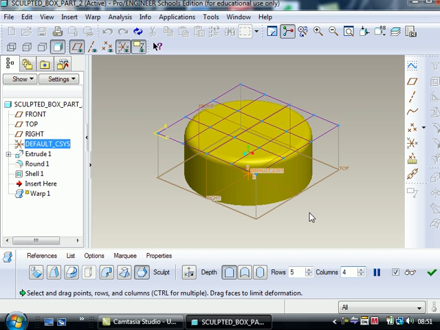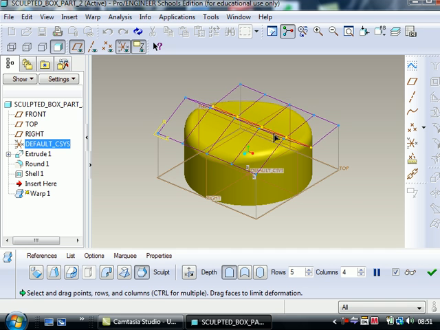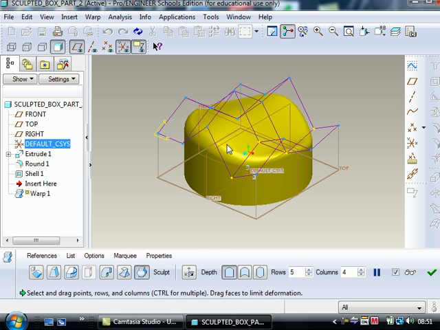I can move or sculpt the item by holding on to a column or a row. It will move the complete shape. It is highlighted. I can select it, or I can just select individual nodes at the intersection of rows and columns. They will then go yellow. I can then move them individually,